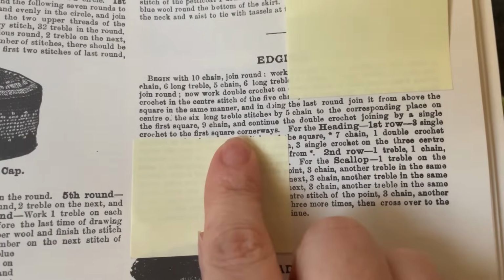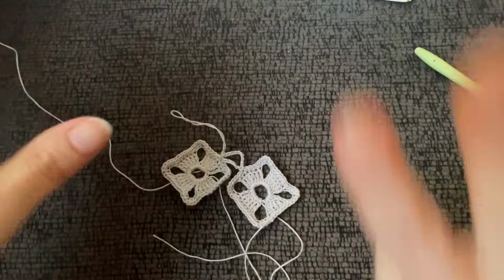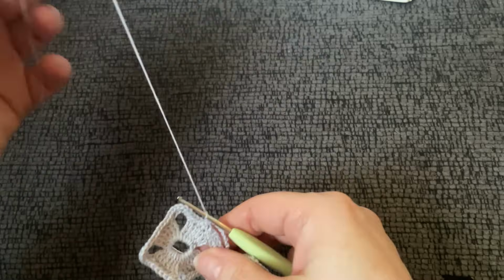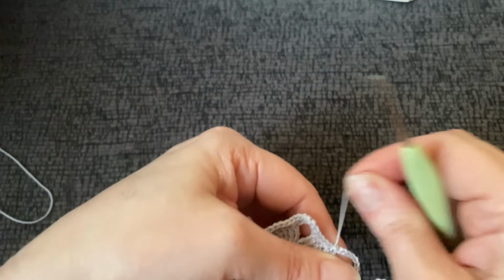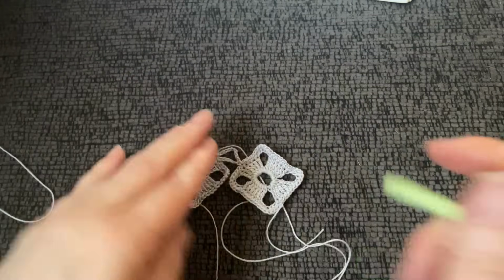It doesn't say to cut. It doesn't say to cut for the heading. Okay, so you know what? Yes, it doesn't say to cut, but I think it's obvious. This is about as far as we can go with this one. So I'm going to cut now. I'm going to make another square and do the exact same thing so that it looks just like the picture,